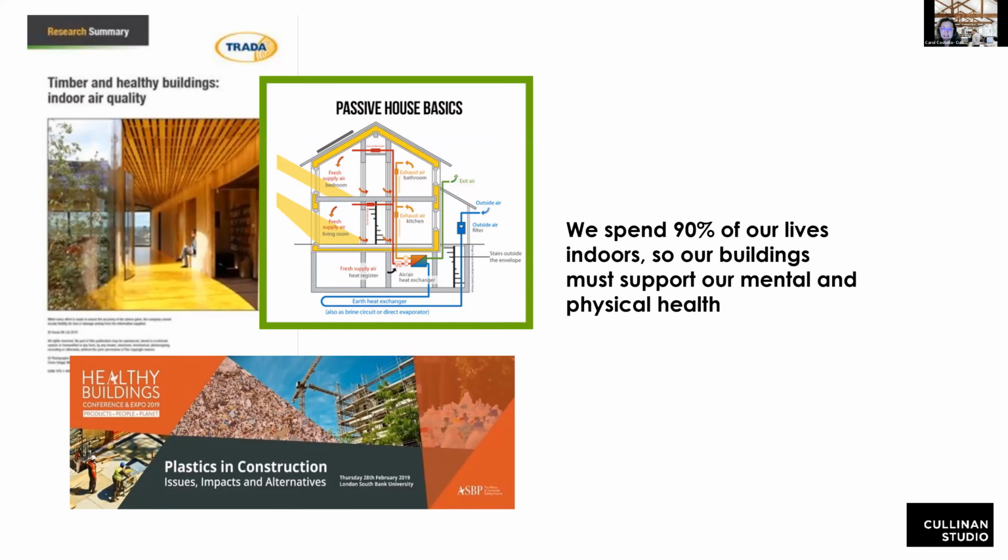And we know that we spend a lot of time indoors, and that actually buildings made from timber can be much, much healthier for us and work very well with passive house design principles. And the use of timber on interiors of buildings, there's evidence now that that actually helps recovery in hospital situations and